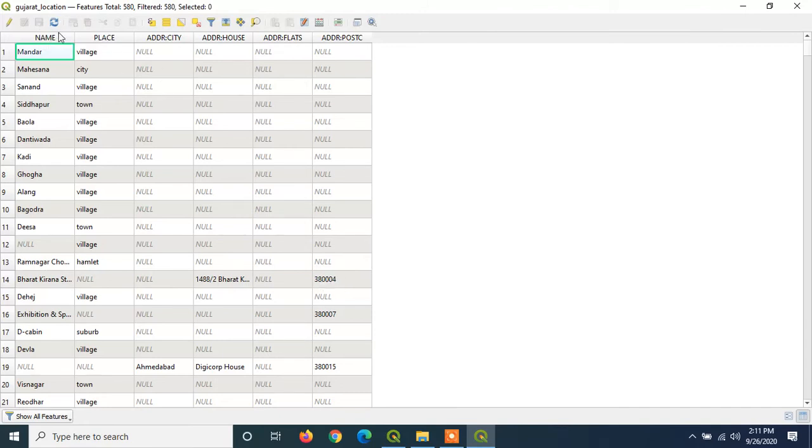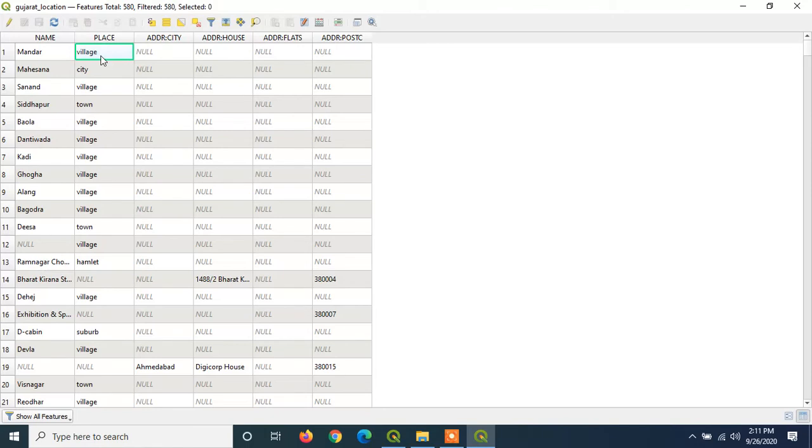Now as you can see, name suggests that these are the names of places and place suggests what is the type of that place. Whether it is a village or city or town or hamlet or suburb, there are different types of places which are entered here, and this shows that Mandar is a type of village.